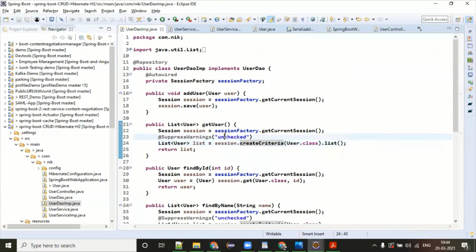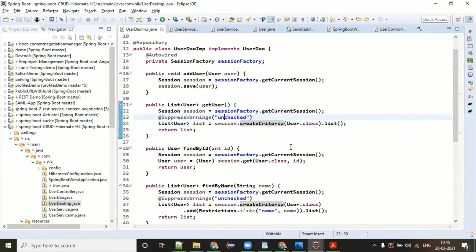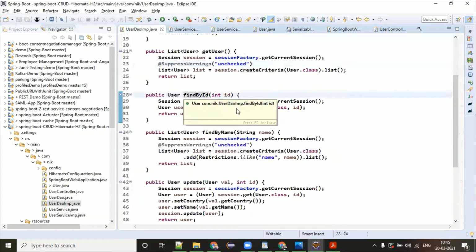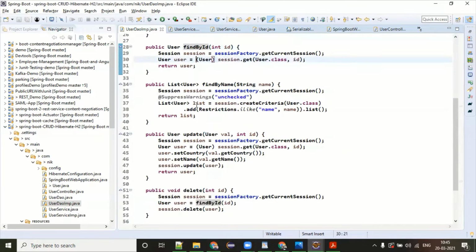Okay, so this is for getting all users. Then we have a find by ID. So there is a get method, and you are going to get this. These are all Hibernate methods. Similarly, we have find by name. So you have a criteria with restrictions. If you don't know these restrictions, what is criteria, then I will tell you.